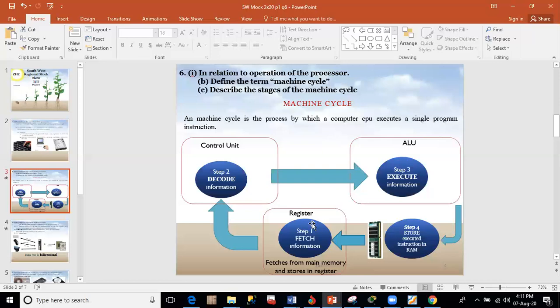has all the address locations of the instructions to be executed by the CPU. So the control unit will come and ask which is the next instruction to be executed by the CPU. The register will check its address storage and find the address of the next instruction. So it will now go, which is the first stage called the fetch. It will go and fetch that instruction in the RAM, carry it, and come and store it in the register. This register is the fastest memory found in the computer,